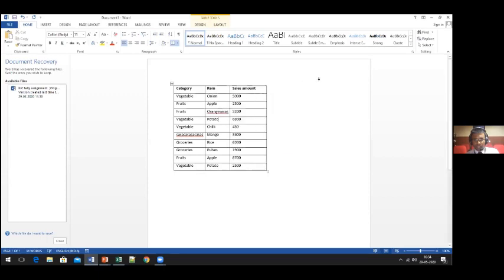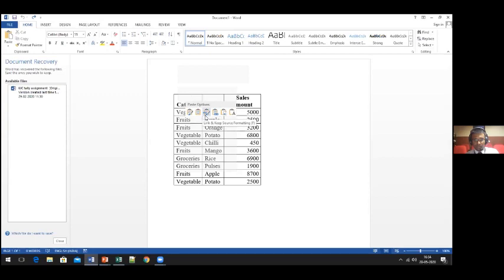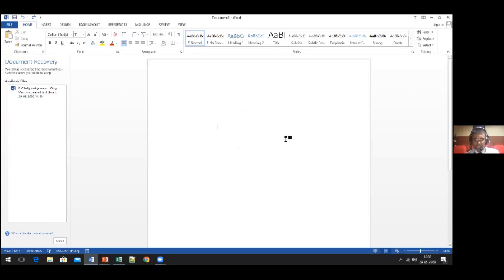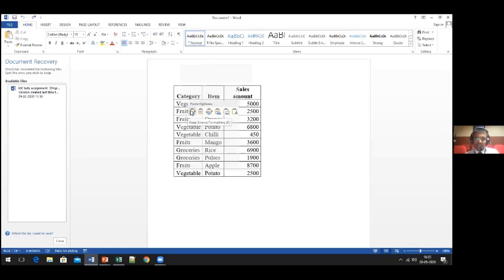And there is one more functionality as a part of this. If you want only the values, you can say keep text only, and it gives you only the values. So I can probably go over creating a new table over here. It has only brought in the values. It has not brought the table. This functionality is available in the higher versions of Word, if I'm not mistaken, 2016 and above. This is very similar to the paste special function that we covered yesterday.